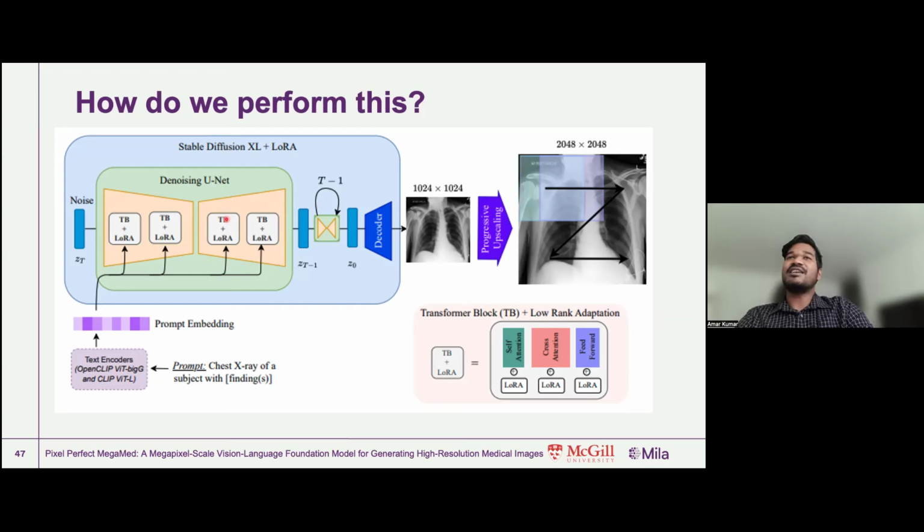We showed that using progressive scaling, this is mostly by hierarchical attention that we give to different layers on top of each other, we are able to successively scale these images from 1024 to 2048. Now, that's more about the background and how this was done. What do we get from here?